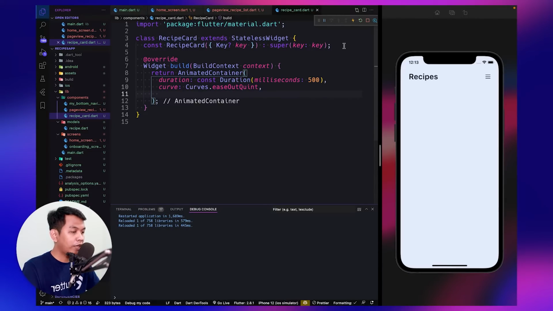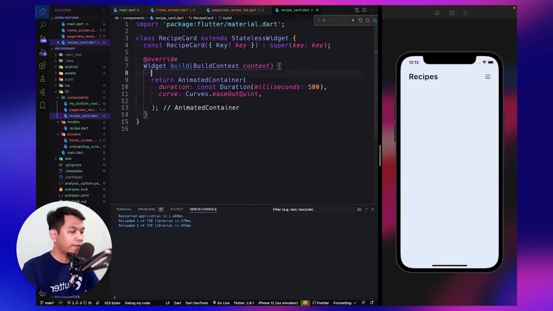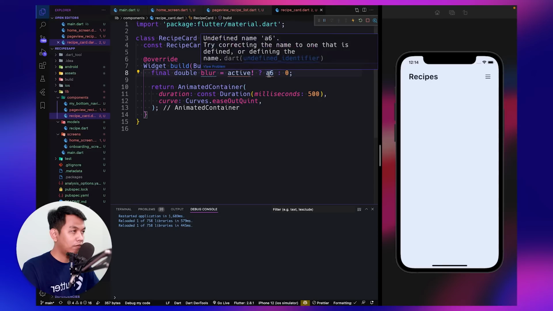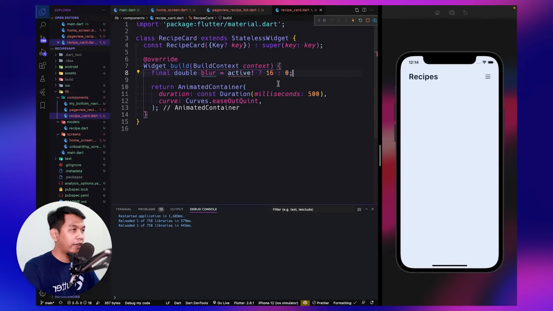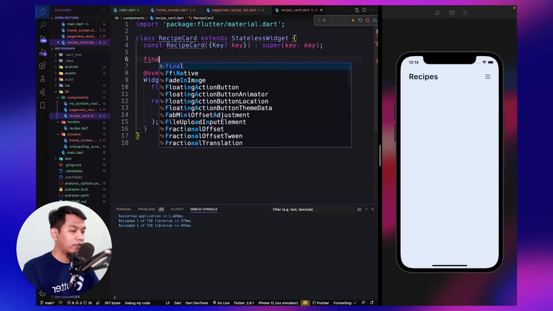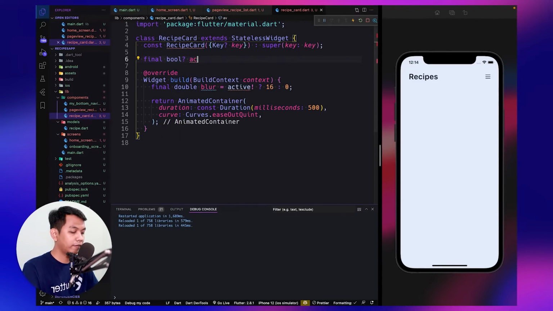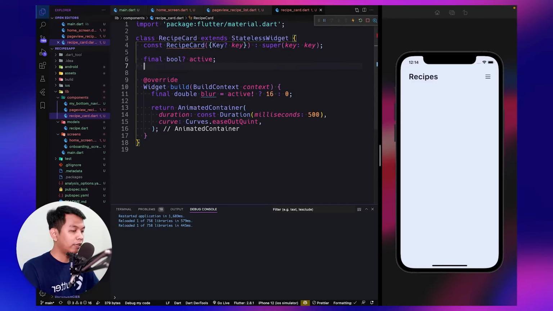The next is we need to create, inside this, we name it as blur active 16, I mean. And this active doesn't yet exist, so let's create it here. We create the first boolean is active, so it checks whether our card is active or the current card is active or not.